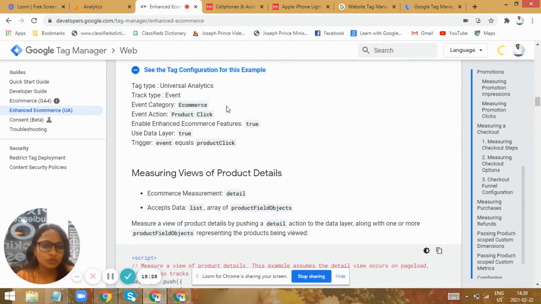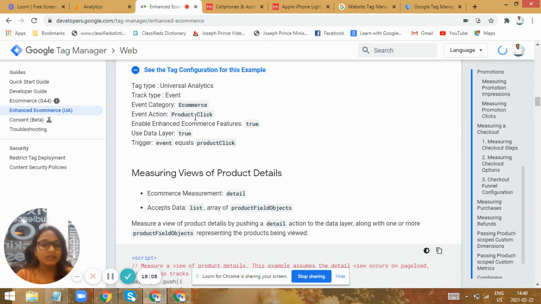As you all know, we also deal with Google Analytics at the high-end level, and also implement all the basic reports, advanced and enhanced e-commerce reports for enterprise level clients. We also have a specific program regarding Google Analytics, and also GA4, the newest update. Everything in GA4 is related to events. So in this also we are going to send events, and for an event we need to specify the category and the action. As this is an e-commerce site, we mention the event category as e-commerce, and the action performed by the user is product click.